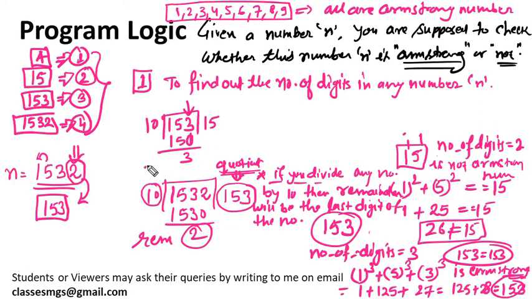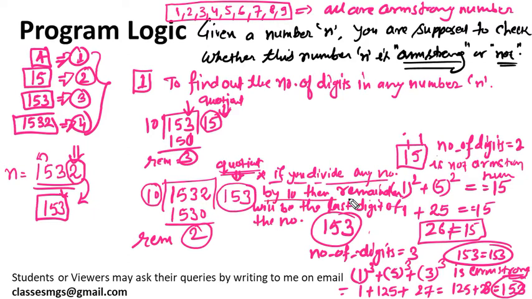3. So here, the remainder, you see, the last digit of 153 is 3. The remainder is the 3, that is the last digit of the number, and whatever quotient we are getting is going to be the number that remains after removing the last digit. If you remove the last digit from 153, then it will be 15, and that will be the quotient. So the quotient will be the number after removing the last digit. So this is the rule you should remember.